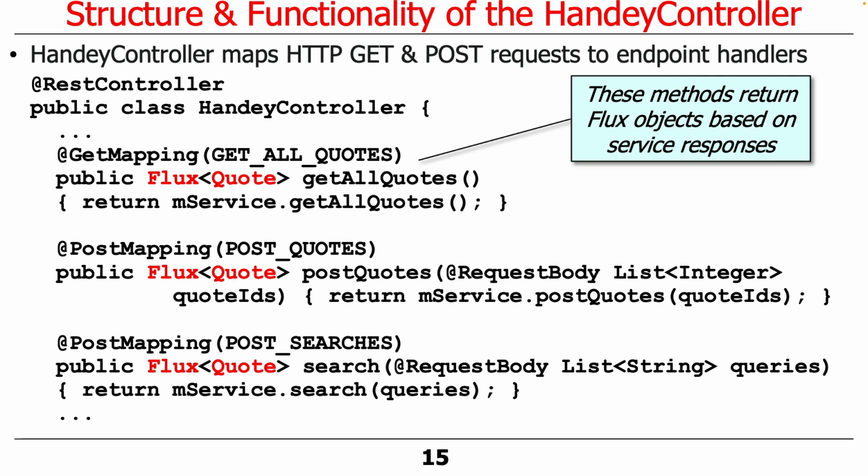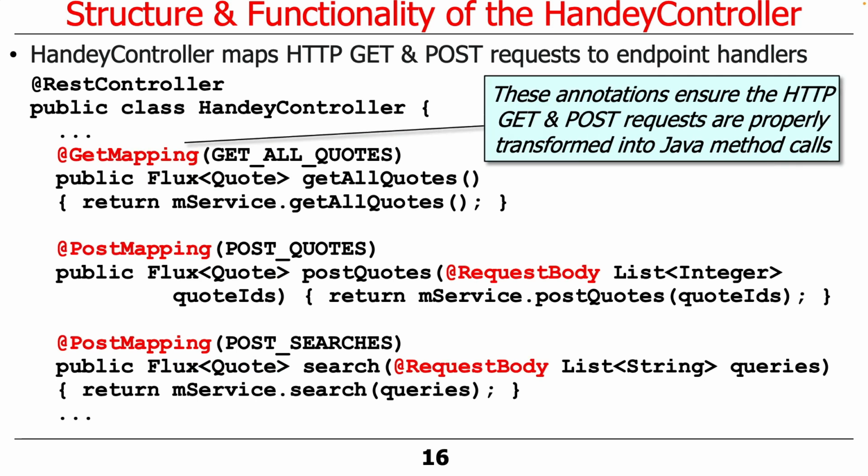What's interesting about this, and what's different from what we've seen before when we talked about the JPA version of this, is that all of these controller endpoint handler methods return fluxes of quotes. So they will be inherently asynchronous. The moment that this is called by a client, it will return pretty much right away with the flux. And then as the database emits the elements from the flux, from queries or lookups or whatever we're doing here, those will be streamed back to the client asynchronously,